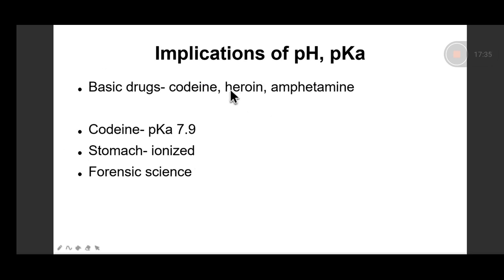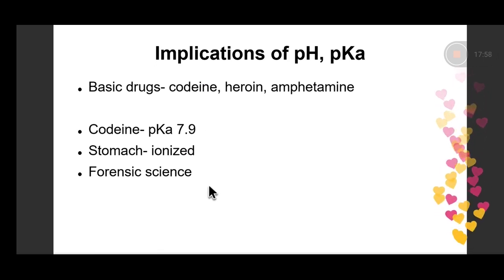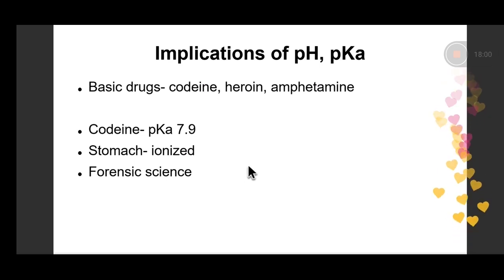And these are drugs of abuse: heroin, amphetamine, even codeine can be abused. So this point is made use of in forensic science. We do an analysis of the gastric contents, suspecting intake of these drugs of abuse, and you would find that these drugs would be there in the gastric lavage, in the gastric lumen. They would not have moved into the bloodstream, not for a long, long time.